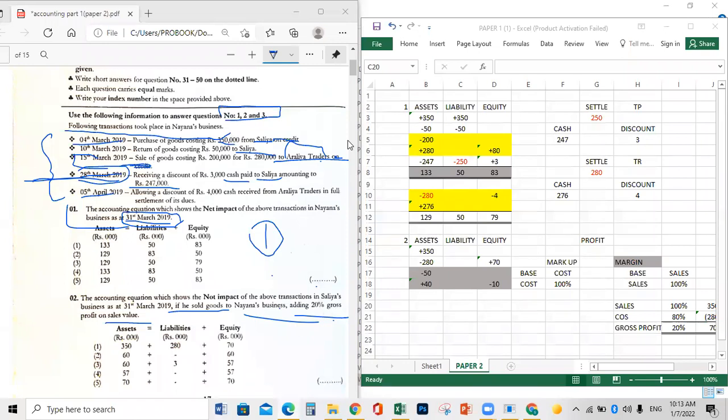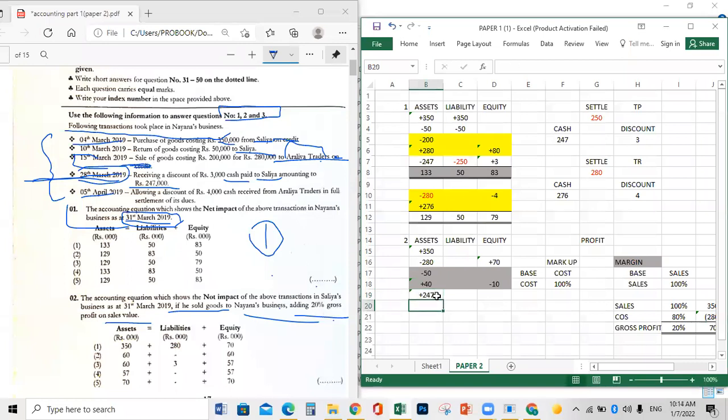Yes, Muzna. Cash received from Salia amounting to 247,000, allowing 3,000 discount. Very good. So, guys, now it was discount received; it will become discount allowed. Discount allowed of 3,000. Before it was cash paid; now you're Salia, so it's cash received. Salia is receiving cash